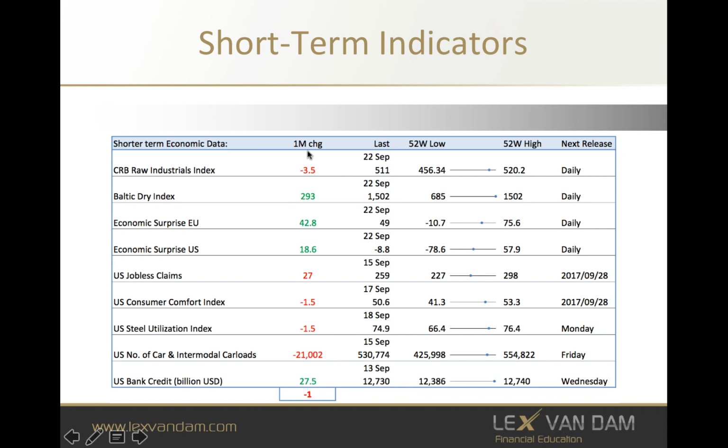So again, what we're going to do here, quick glance down, we can see that overall, slightly more red, one more red than green. So on the month, the shorter-term economic data have deteriorated slightly. We can look again towards what the current or the previous level was, and where we sit currently relative to the 52-week range. So the lows on the left, the highs on the right, and you can pick out